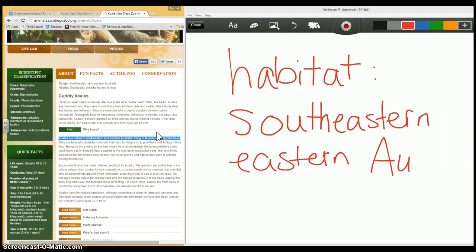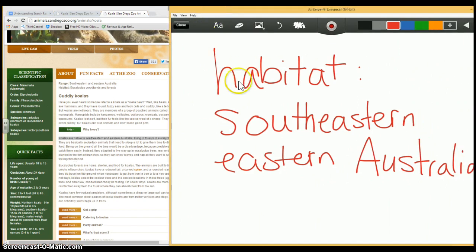Make sure you put in your capitals where there are supposed to be capitals, so that you know when you're writing a report what's supposed to be a capital. Okay, so all I've done is I've said habitat, southeastern and eastern Australia. So in less than 6 words, I have that the habitat is in southeastern and